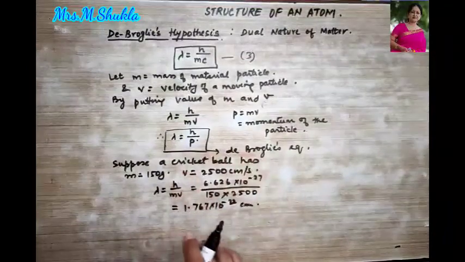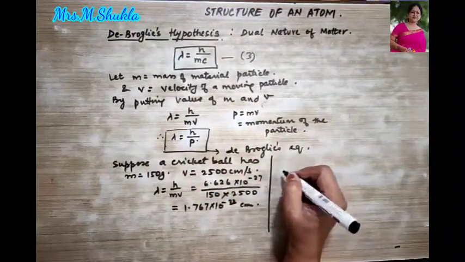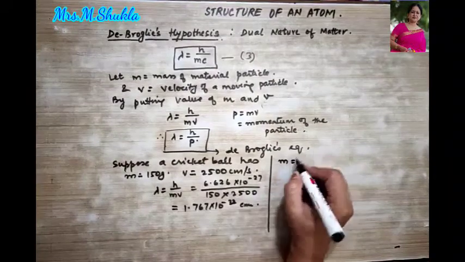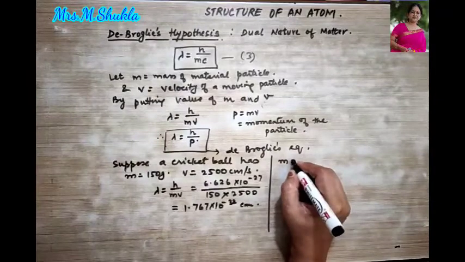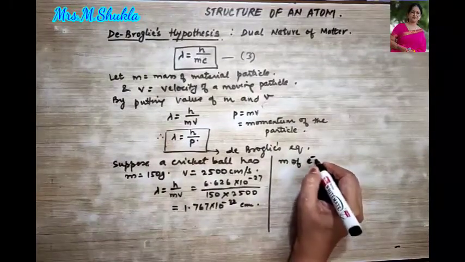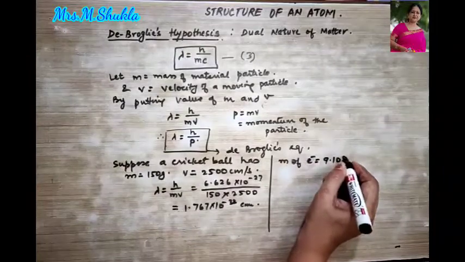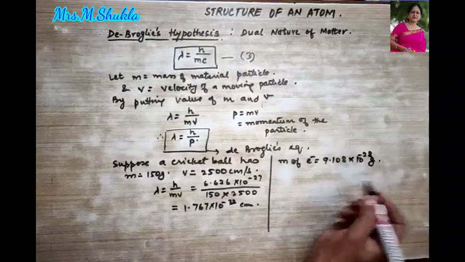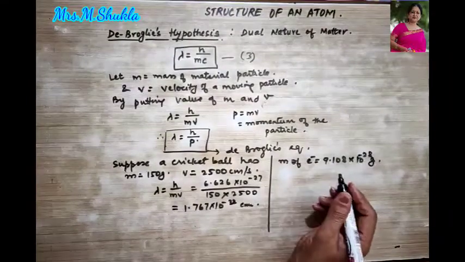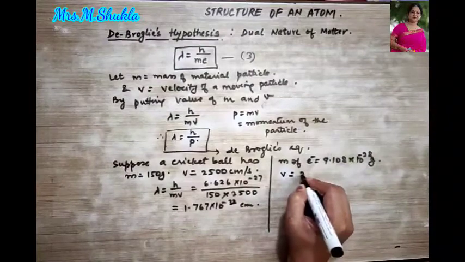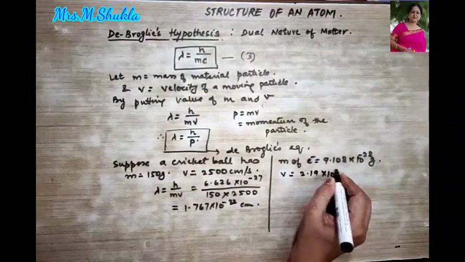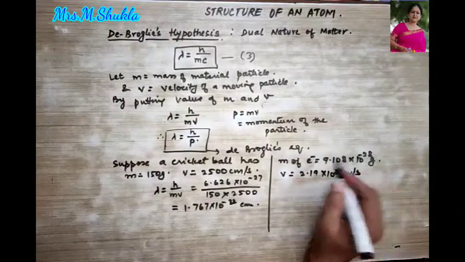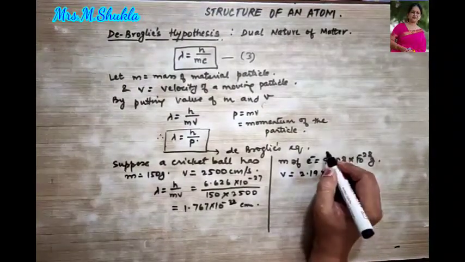Clear? Now let us talk about the wavelength of an electron. We already know that the mass of electron is equal to 9.108 into 10 to the power minus 28 grams, right? And its velocity is roughly equal to how much? 2.19 into 10 to the power 8 centimeters per second. Okay, what are we talking about? We are talking about here the